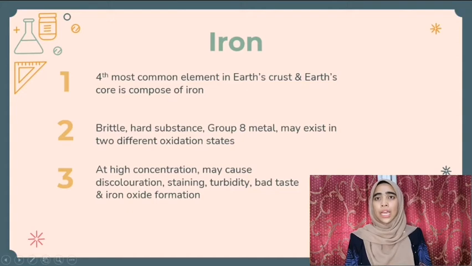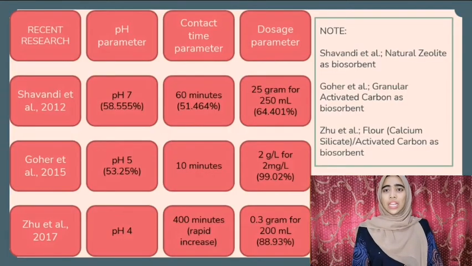Iron is a brittle, hard substance and is classified as group 8 in the periodic table. In high concentration, iron can cause discoloration, staining, turbidity, bad taste, and can form iron oxide in the pipe. Recent research has tested different bioabsorbents against various parameters such as pH, contact time, temperature, concentration, and